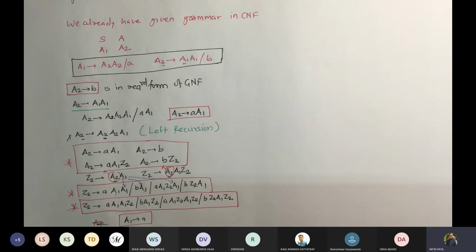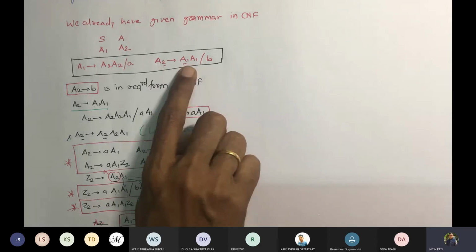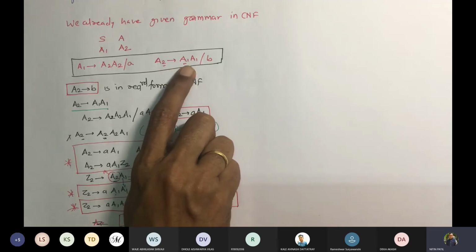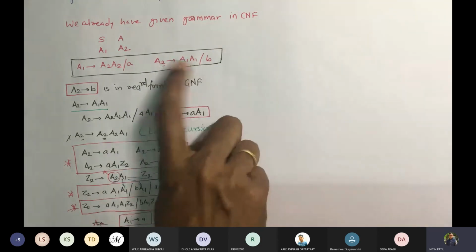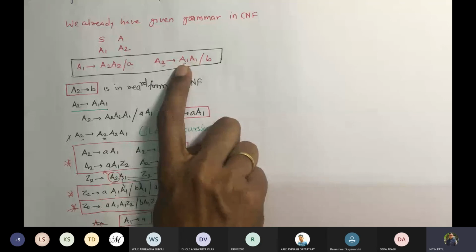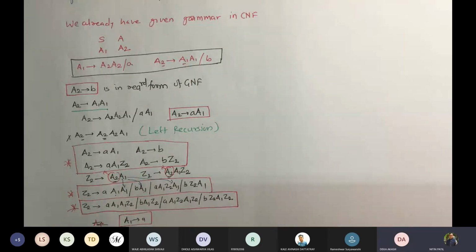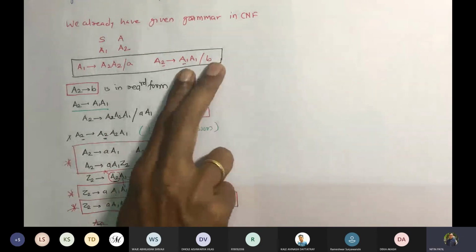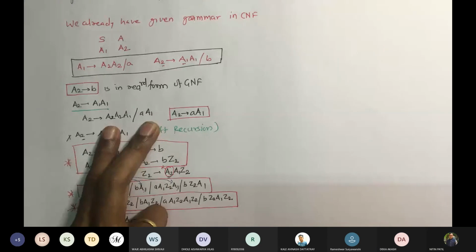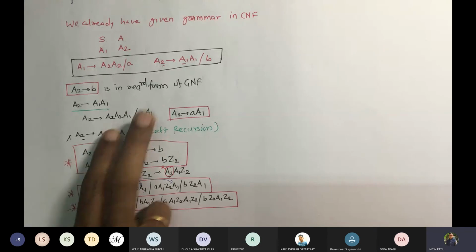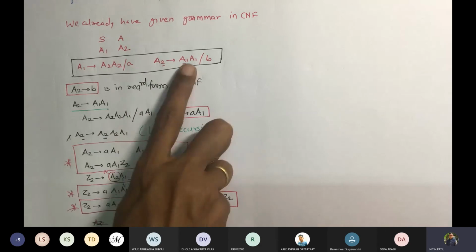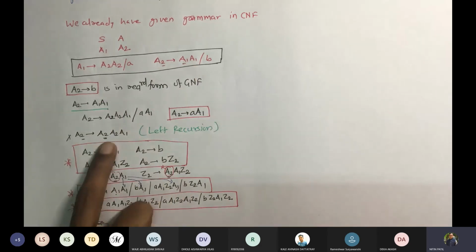ठीक है, जहाँ पे ऐसे ये भी हो सकता है. देखो यहाँ पर क्या था, A2 gives A, suppose ऐसा ही A3 है, A3 gives A2 आया, ठीक है, and when you replace A2 again you are getting A1, so again it is lesser, correct? तो yes sir, रिकर्सिवली हो सकता है. That's why we are saying left recursion, है ना? तो अब आफ्टर रिप्लेसमेंट वी गॉट दिस A1 के वैल्यूज हमने रिप्लेस किए, दो वैल्यूज, सो वी गॉट दिस. यहाँ पर जो A1 था ना, उसको रिप्लेस किया तो वी आर गोइंग टू गेट दिस.